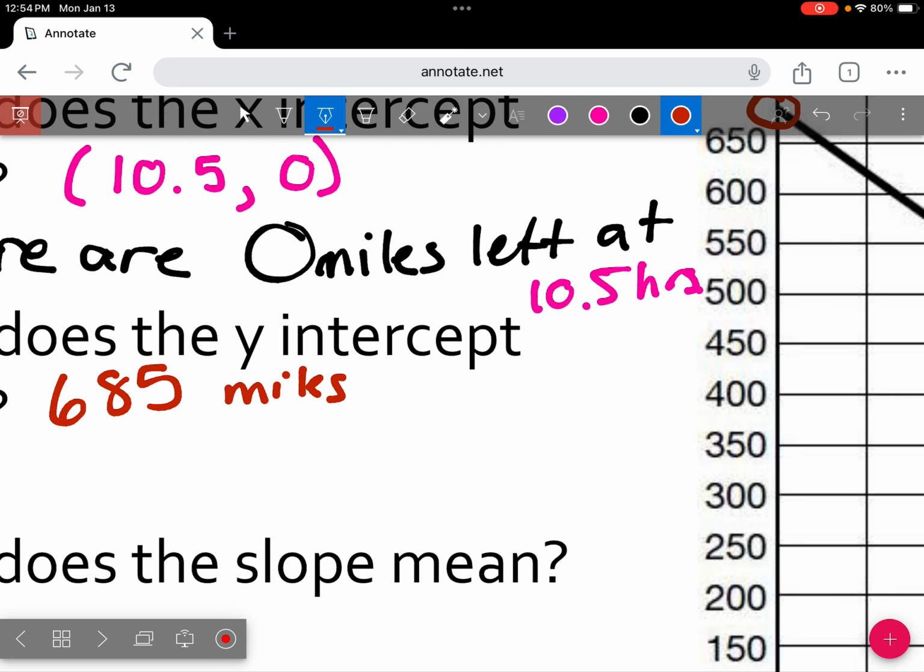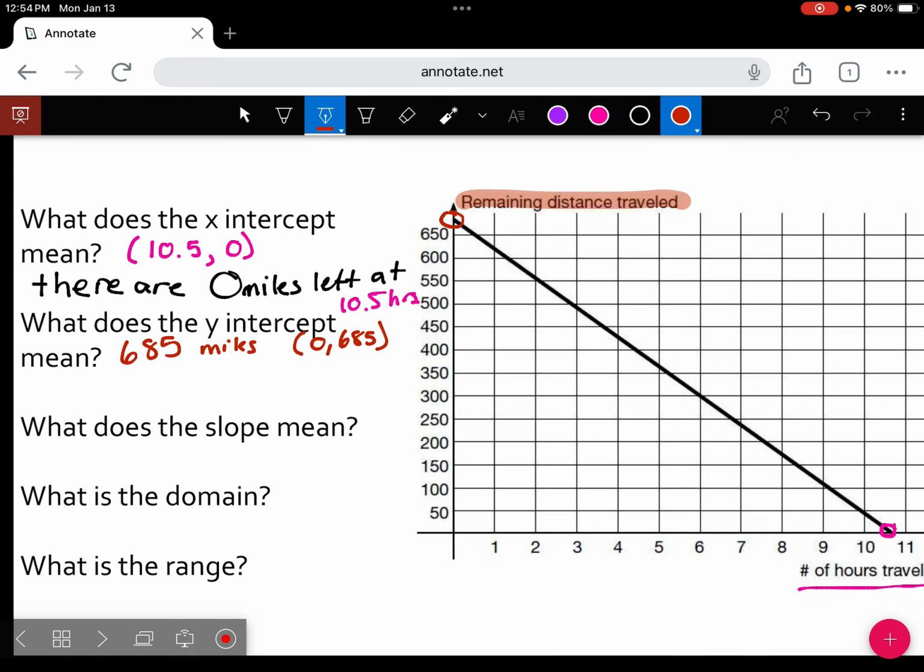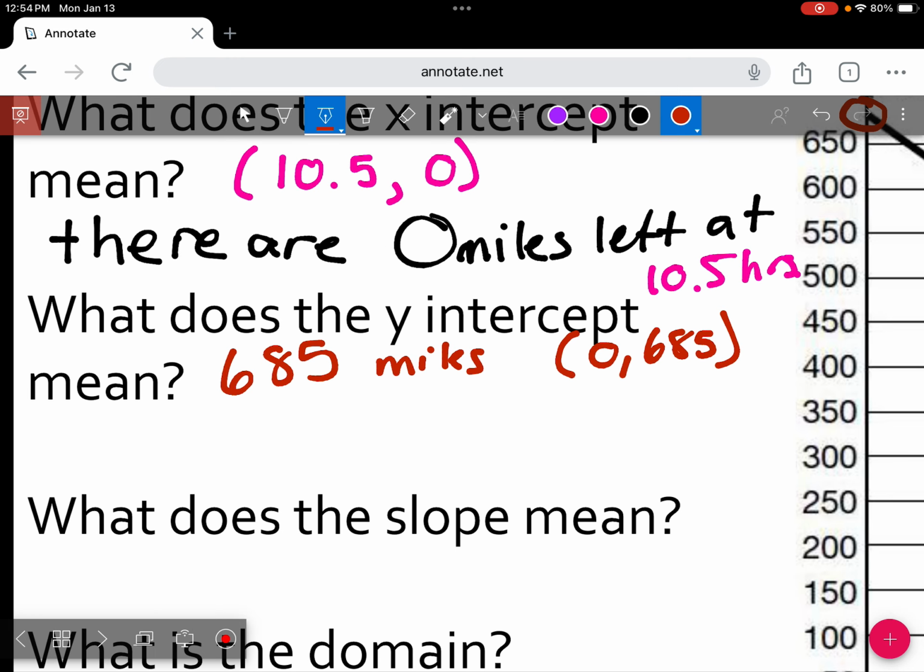So if we put this as an ordered pair, what's it going to be? 0 to 685. So what does that mean? 0 what? 685 what? Miles to go at 0 hours. So it's how many miles she has to go from the start. So at 0 hours,